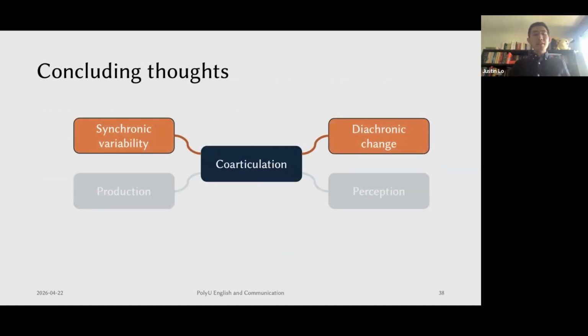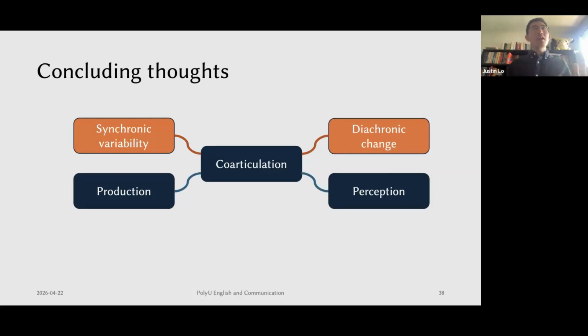So my concluding thoughts here are that coarticulation is very important in helping us link synchronic variability and diachronic change. A lot of the work that I've been doing focuses on the production aspect, but we also know that in order for sound change to complete, it doesn't just happen in production, but also in perception. And the link between production and perception, where it happens first and where the sound change really takes place,